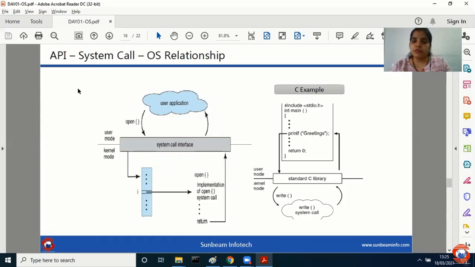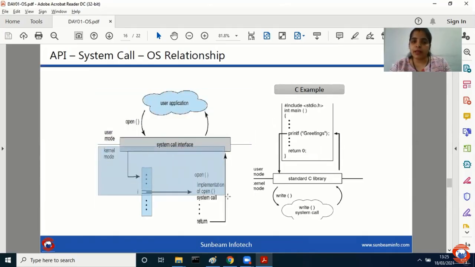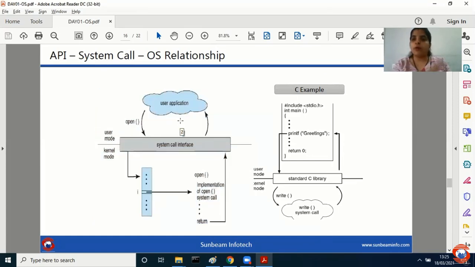So when I am giving an instruction from the user level, that is user mode. And when your operating system works in the backend, that is nothing but kernel mode. How it does, it's the job of OS. Management is based on OS. So via user mode, when we give some commands, there is an interface called system call interface, which takes your OS to the kernel mode and opens that file. So there are two major modes of OS. One is user mode, another is kernel mode.